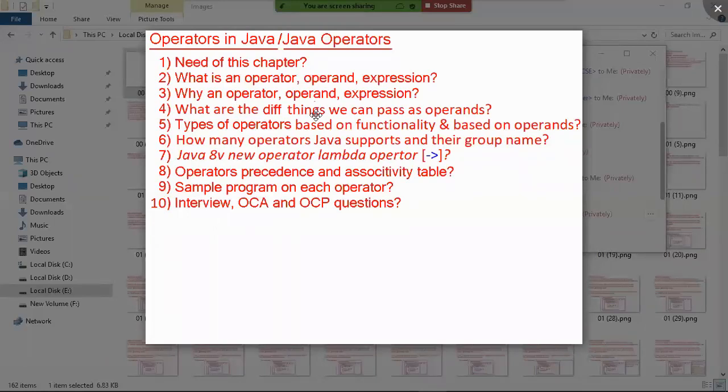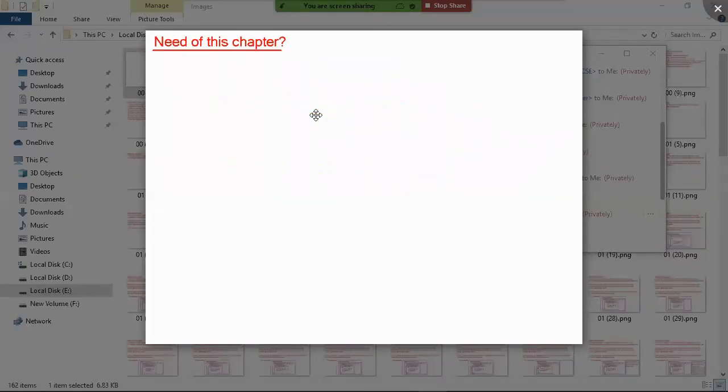First, let's understand the need of this chapter. Everyone, try to visualize whatever I am explaining. If you visualize, it will be easy to get into your mind. Your feelings are very important. If you feel the subject, you can easily understand it. If you are not feeling the subject, just passing time, moving around and looking this side and that side, only writing notes, the subject will not come to your mind. Writing notes is not at all important. Storing the points in your mind is very important.